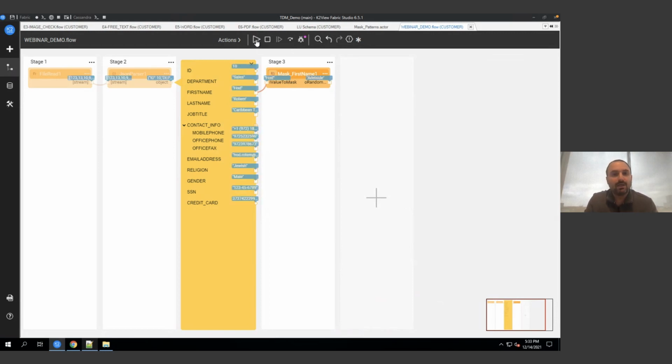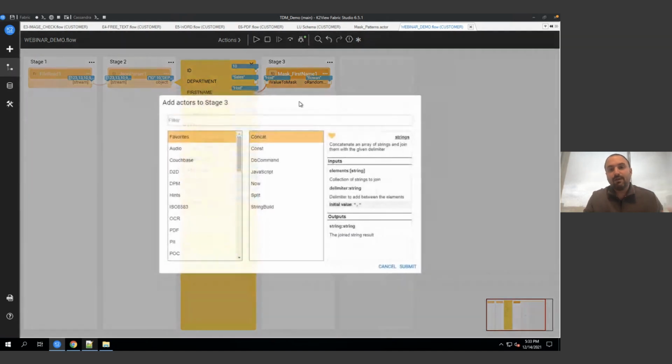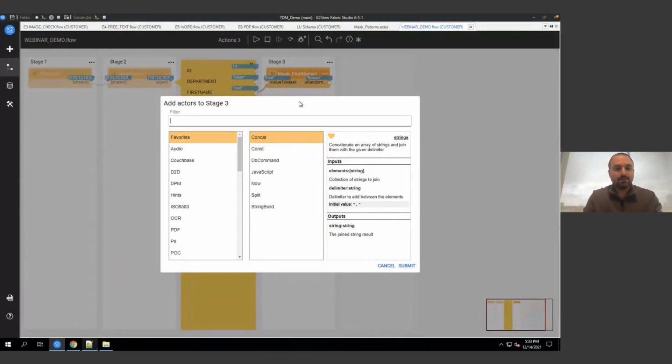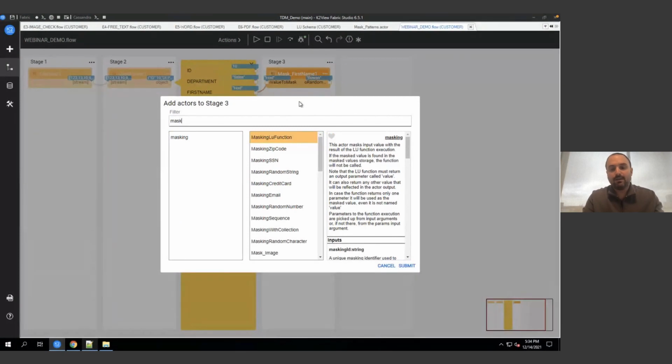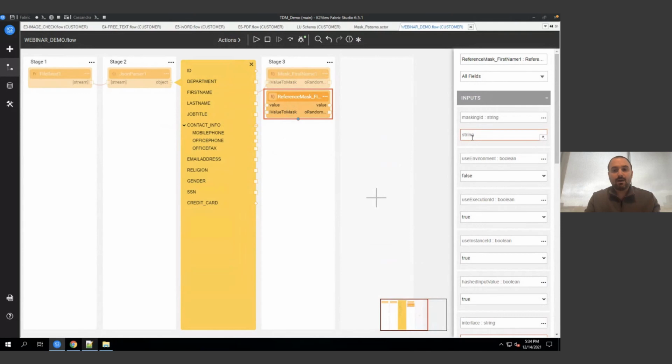It means that every time that I debug it, I see HOD coming in and I see a different first name, mask, fake, randomized first name being produced. In the exact same manner, every function or every masking object, and there's a long list of built-in masking actors, and naturally you can enhance and build your own and even manipulate the one that we have. But first name will also have a matching actor called reference first name